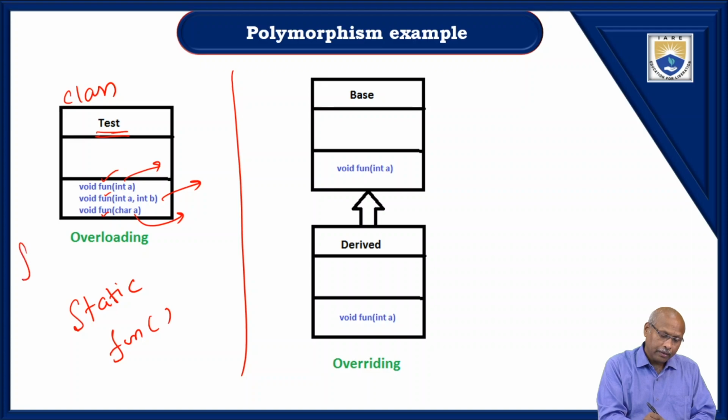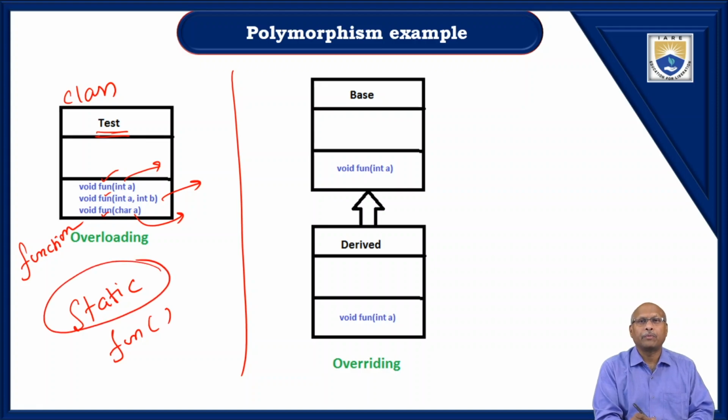What overloading? Function overloading. This function overloading comes under static polymorphism. This static polymorphism comes under compile time polymorphism, or this is also known as early binding. That means during compilation time it will bind to a particular address. Every function will be bound to a particular address. So the overloading concept comes under early binding,